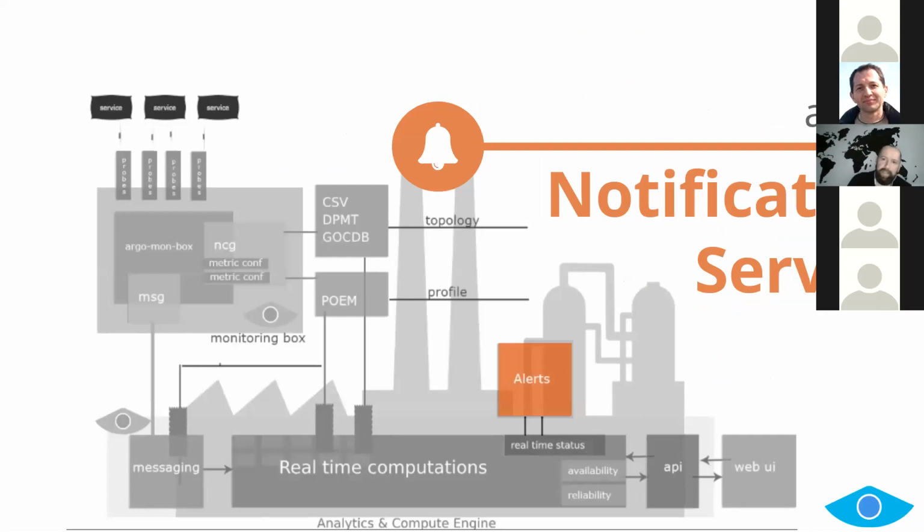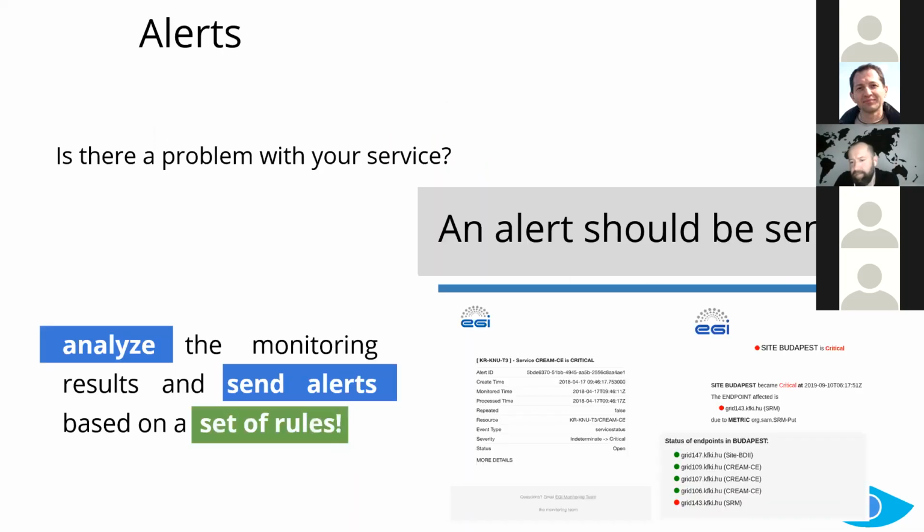And then there are the alerts. This was also introduced a couple of years back. We use the emails that are declared in the GOCDB. We also rely on the attribute of whether you want to be monitored or not, which you declare in the GOCDB. And then there's a bit of logic here. So when are these alerts sent? The alerts follow the logic of the aggregation profiles and availability reliability.